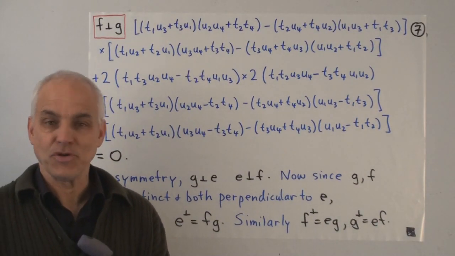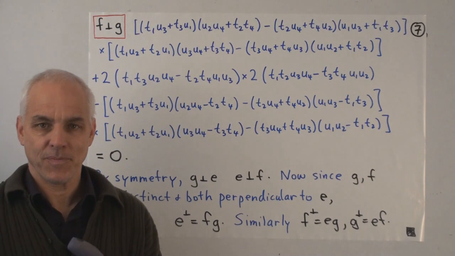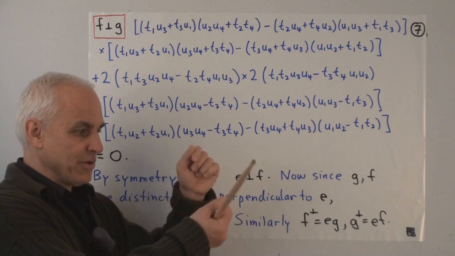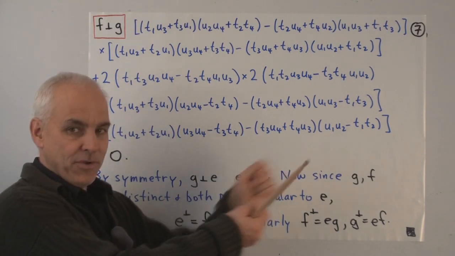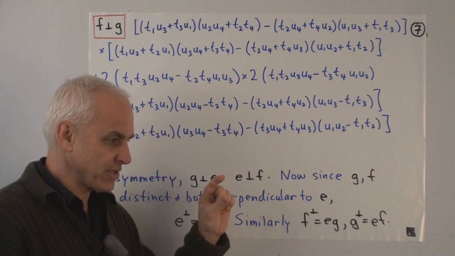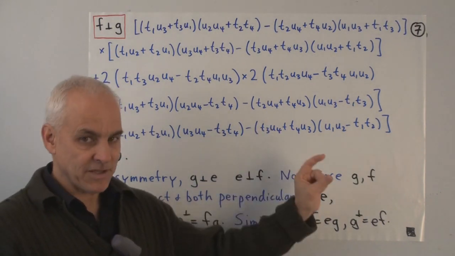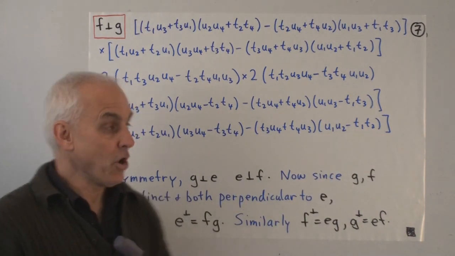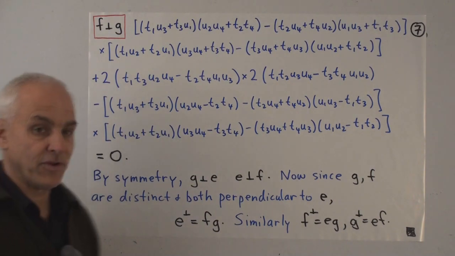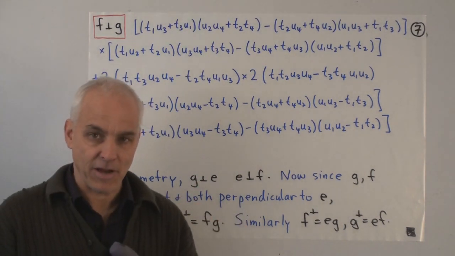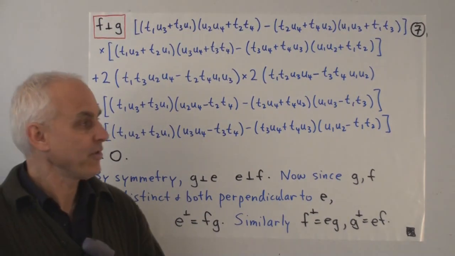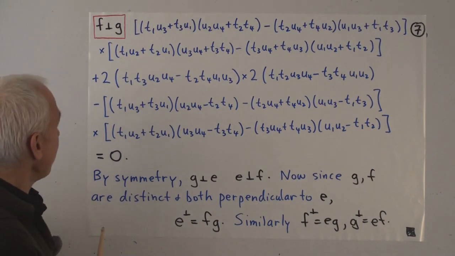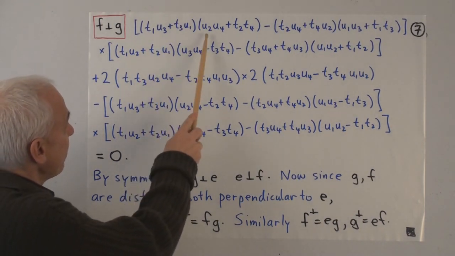So how do we check whether two points are perpendicular? Well, we have to multiply the two first coordinates, multiply the two second coordinates, and multiply the two third coordinates together. We take the product of the first plus the product of the second minus the product of the third, and hopefully that's going to be 0. Do we know the coordinates of F and G? Yes, we do. That's exactly that G function that we were talking about before, not to be confused with this point G. All right, so F, for example, is the meet of alpha 1, alpha 3 with alpha 2, alpha 4.